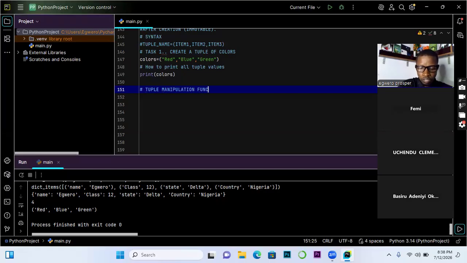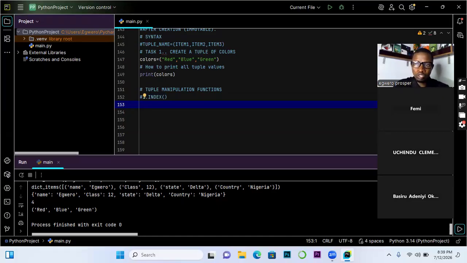Tuple manipulation function. So the first function we want to look at under tuple is index. So let's see what we can actually achieve with this function. Index.